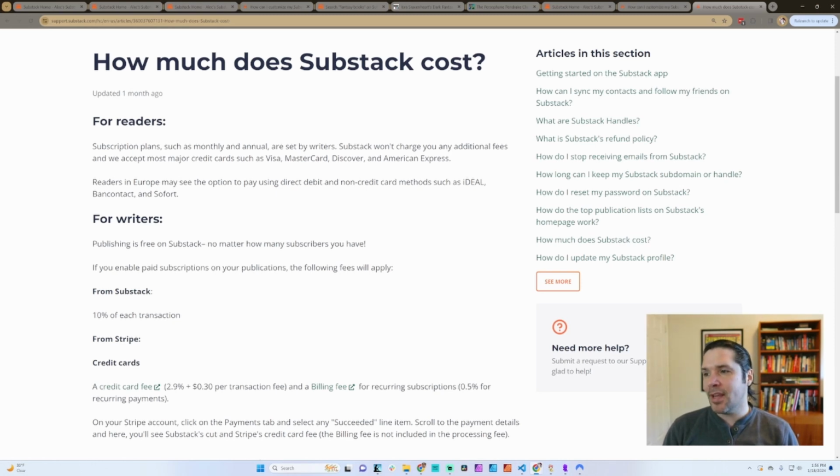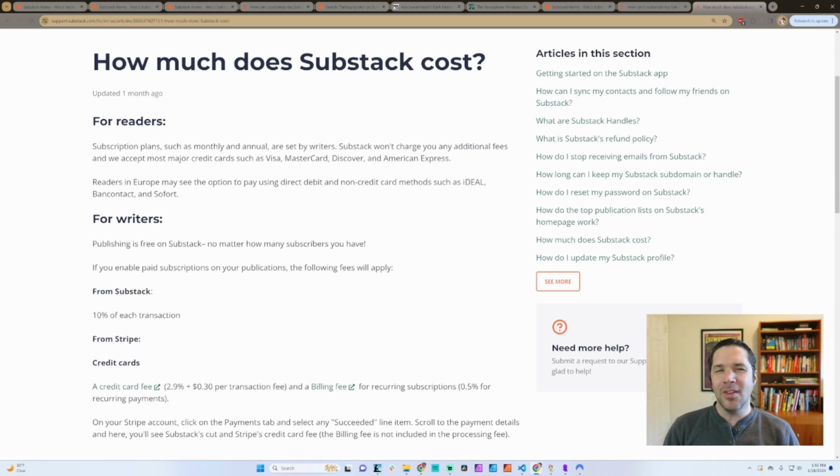But on Substack you get 10% plus the Stripe fee, which is a credit card fee, unless someone signs up differently. But I think the only options I saw were credit card based, and so there's an initial transaction fee of 2.9% plus 30 cents, and then a billing fee for recurring subscriptions, like 0.5%.